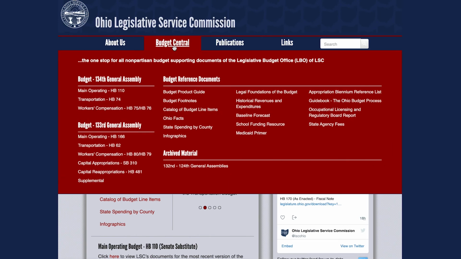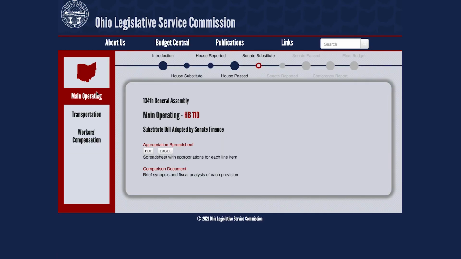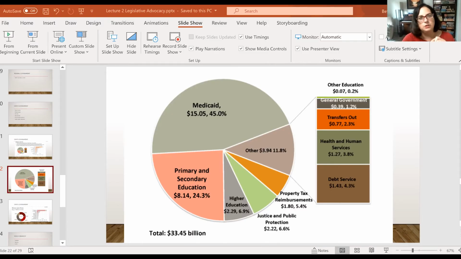And they'll give you all of the information on the operating budget, where the money comes from, where the money goes, whether you're over budget, whether you're under budget. It's actually a really great resource that probably people don't know about, but it's just this LSC, Legislative Services Commission, which is a nonpartisan group that provides information on all of the different expenditures, and basically it provides all of the nonpartisan information and research. And I'll talk a little bit about that when we really dive into this system in Ohio.